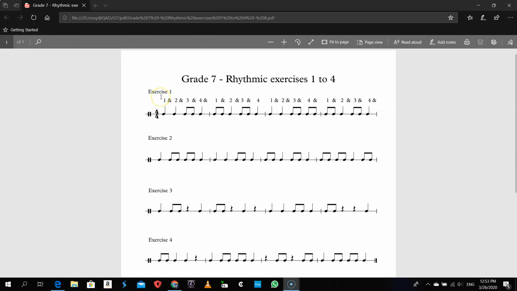So in that case, this example will sound something like this. Exercise 1, I'm going to play only the first and the second bars. It will sound something like this. 1 and 2 and 3 and 4 and 1 and 2 and 3 and 4 and you see it? I'm going to repeat it one more time. It will be 1 and 2 and 3 and 4 and 1 and 2 and 3 and 4 and